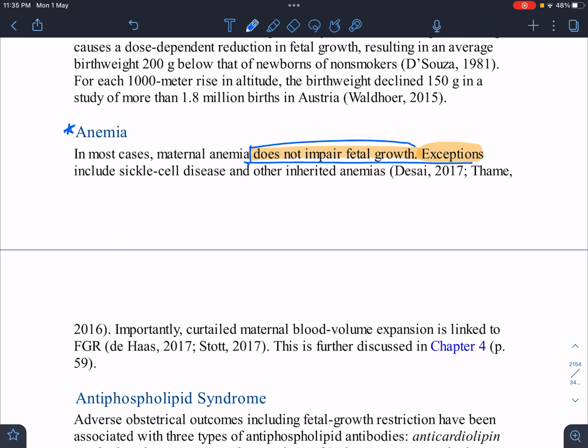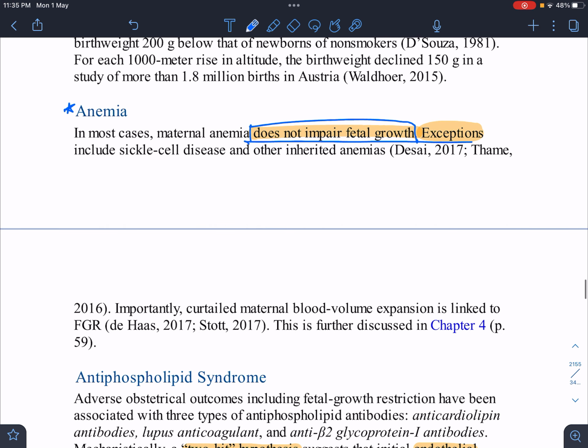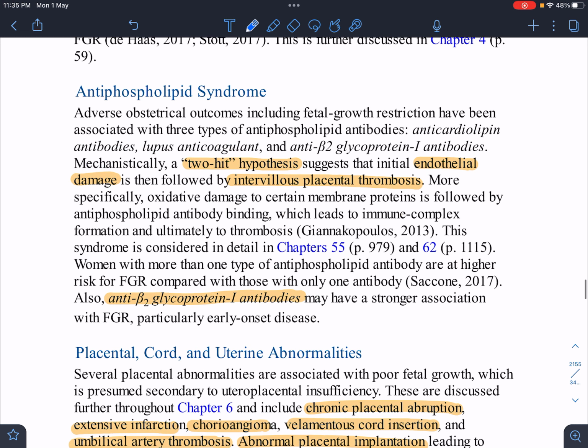Anemia does not impair fetal growth. Exceptions can be sickle cell and other inherited anemias. So this is something that you have to remember. Now there is one more syndrome that we are aware of, which is